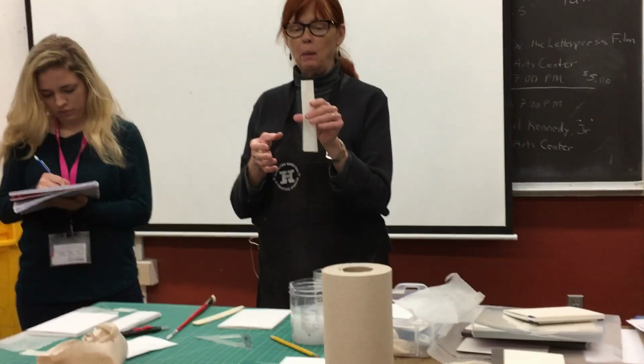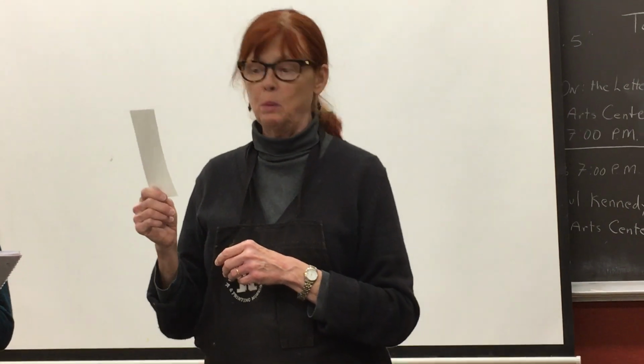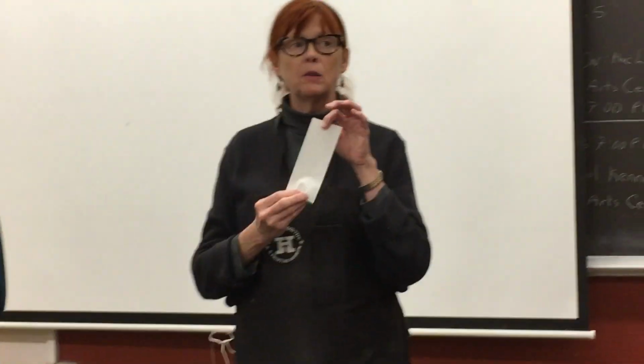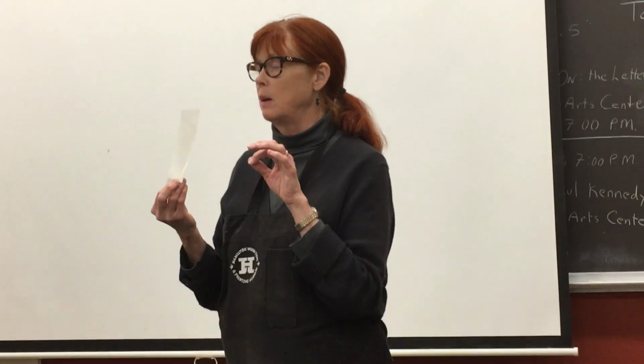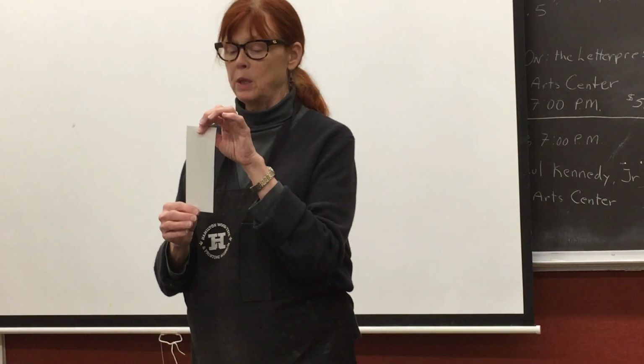It's mulberry paper. It's a sheet of Japanese style paper, which is made differently from Western paper, and out of a different material. It's called mulberry because it's made of the bark of the mulberry tree. There are three particular trees that are used for Japanese paper, and mulberry is one of them. It's made from the inner bark of the mulberry tree, and